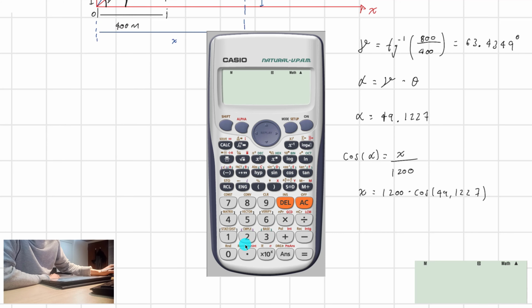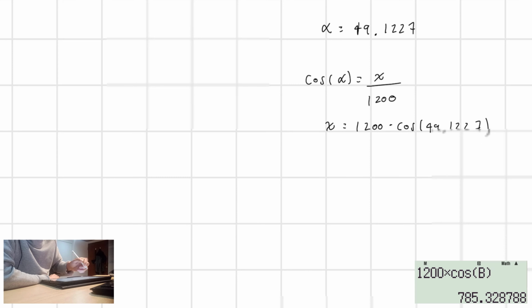Now 1200 times the cosine of b. This is the first coordinate for our B point. Remember, we are getting ROB. This is equal to 785.3287